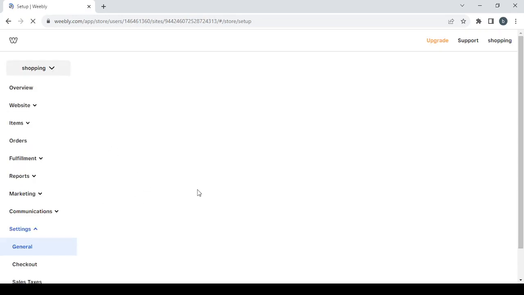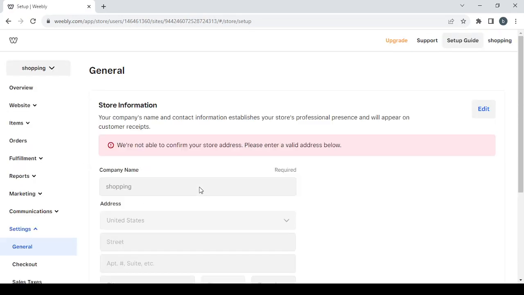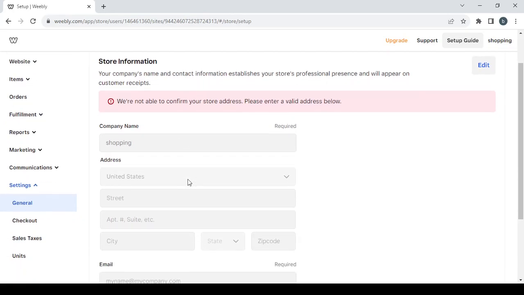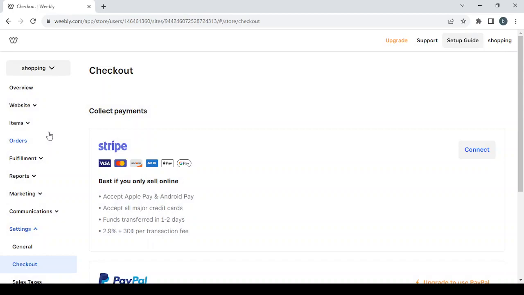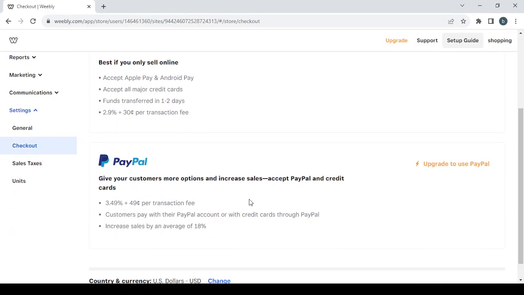So in this general settings, you will be able to change all of these that I mentioned. You just need to give it a few seconds to load, and then you will be able to change all of them, as you can see, starting from company name, address, email, and phone number. And then we have the checkout, where you can set your payment processors, like connecting your Stripe account or connecting